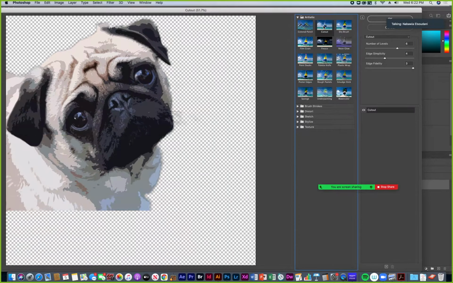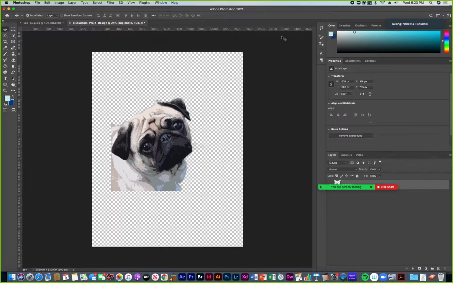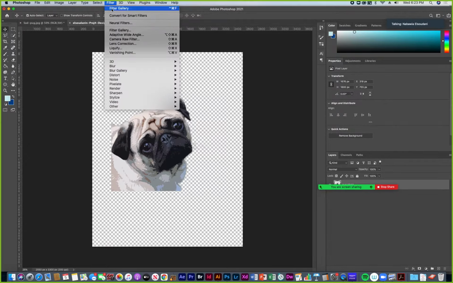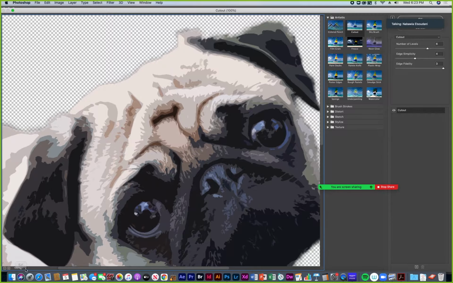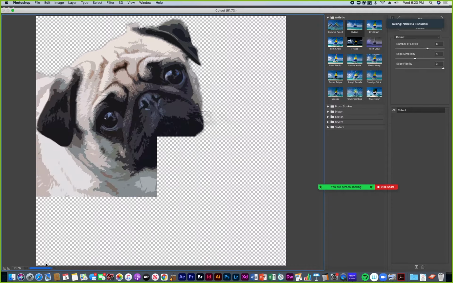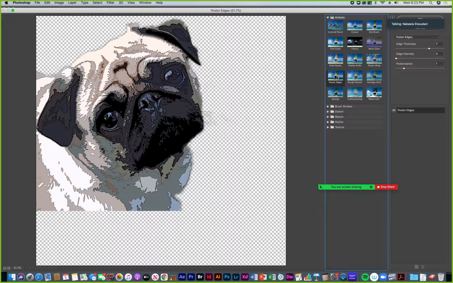Maybe I'll start with cutout. And then I'll say OK. And then I can add another one. So when you add combinations of filters, that's a way to come up with a more unique look that no one's ever seen before. I'm gonna just do fit in view again. So I did like poster edges too,